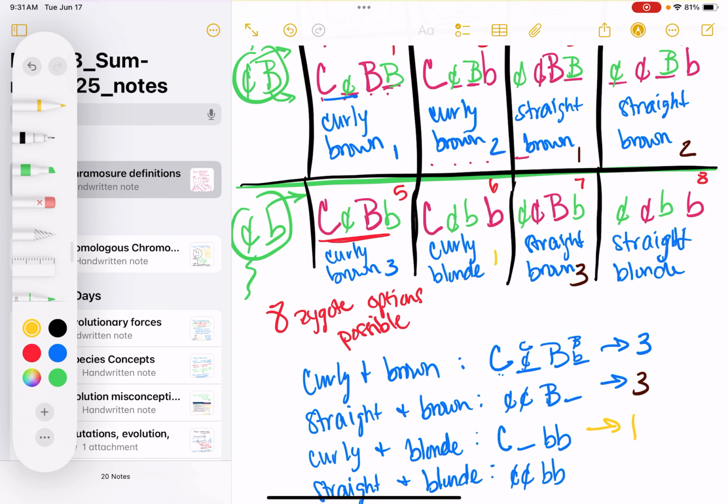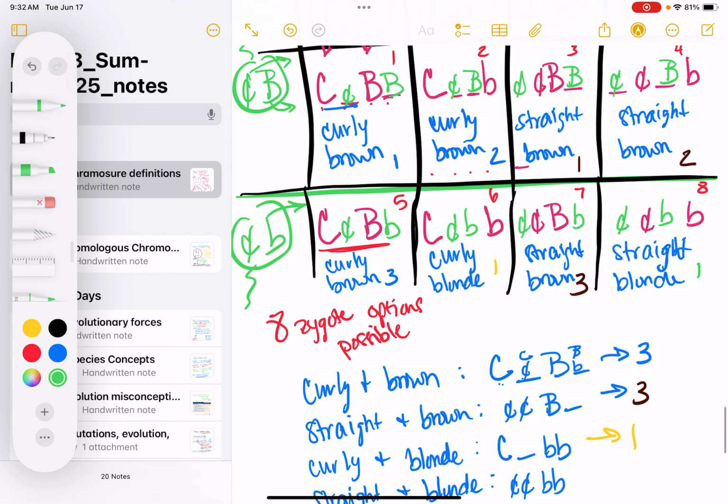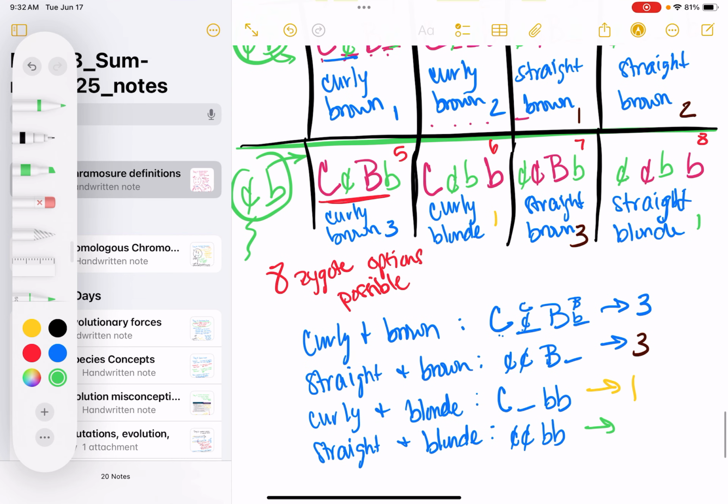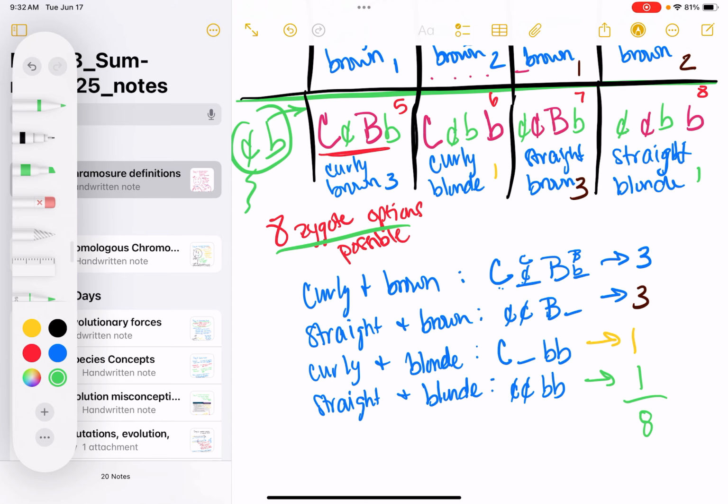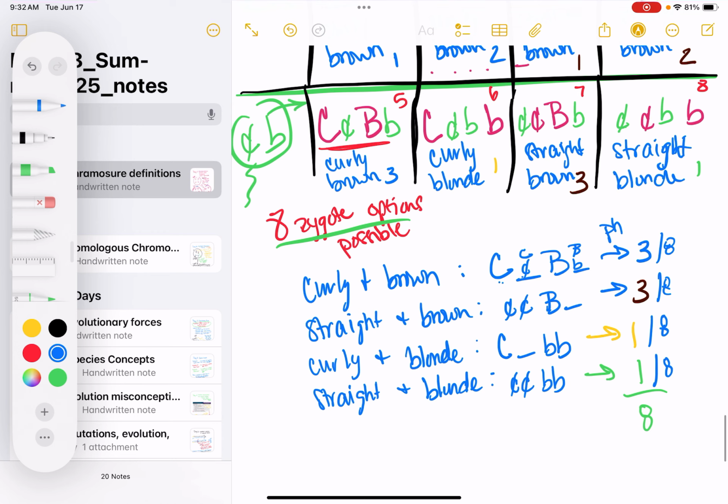And for straight and blonde, I have just 1 as well, okay? And then I can add these up, 1, 2, 3, 4, 5, 6, 7, 8. And that's how many zygote options I have possible, so I've checked that is correct, okay? So here I had 3 out of 8 were curly and brown, 3 out of 8 were straight and brown, 1 out of 8 is curly and blonde, and 1 out of 8 is straight and blonde. So I was able to come up with the phenotype ratios, that's what these are called, phenotype ratios,